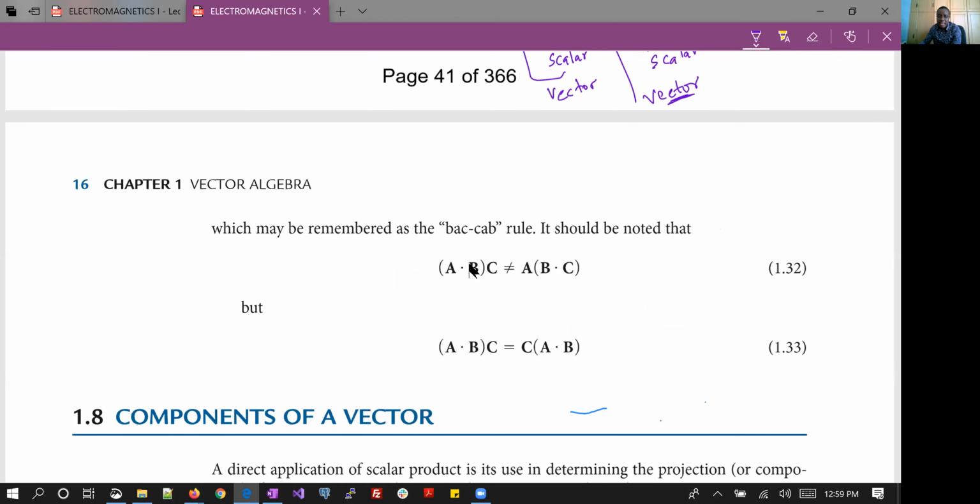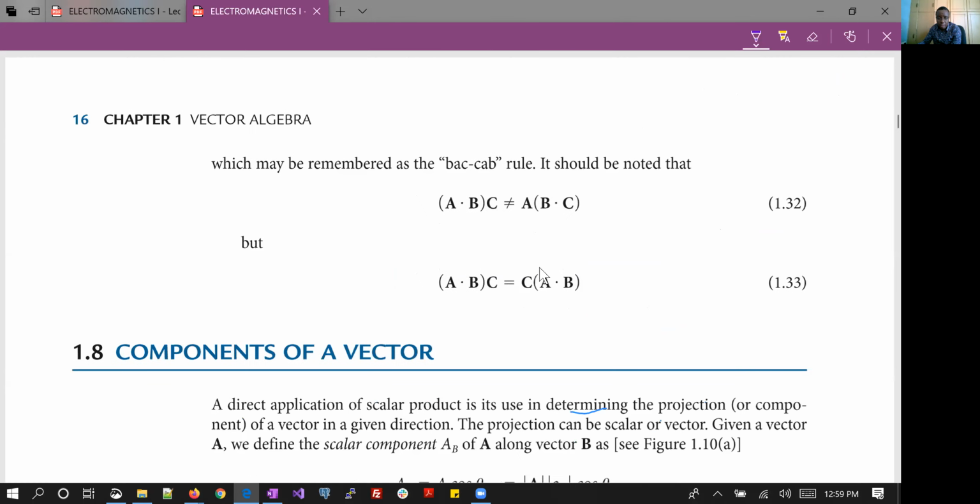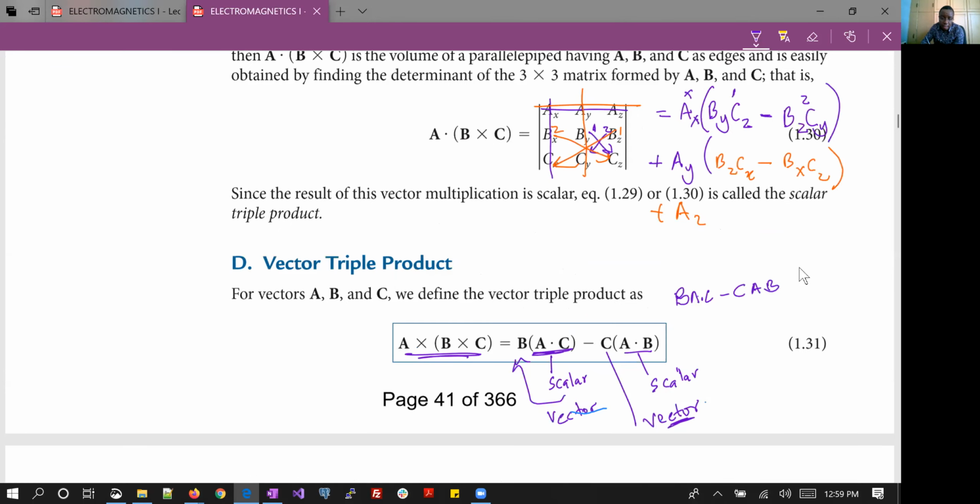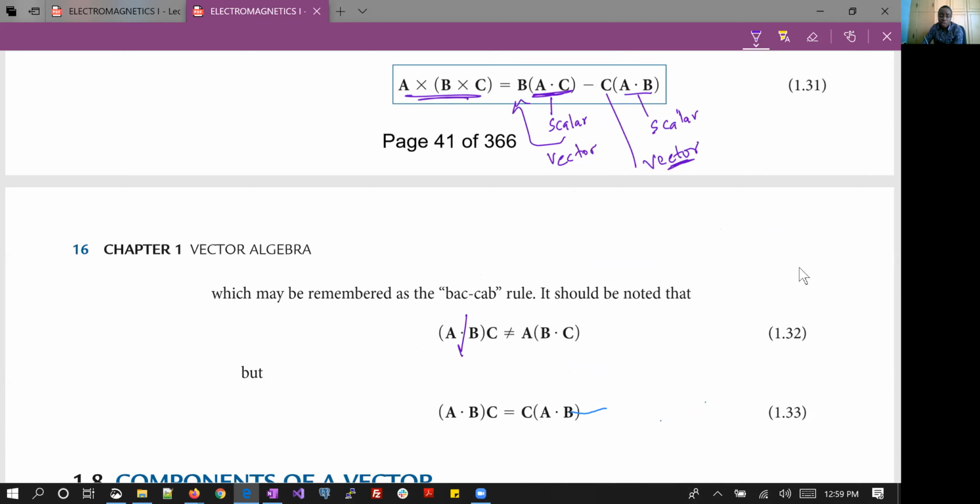It should be noted that A cross B into bracket C is not the same as B dot C outer times A. The reason is that this will be a scalar, and this will be a scalar. So these are going to be two different scalars. And